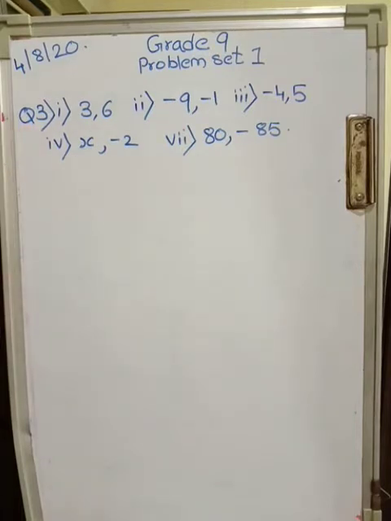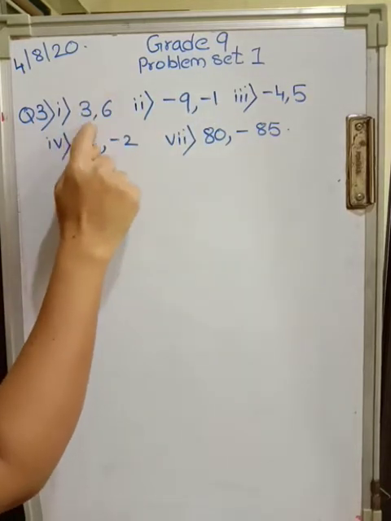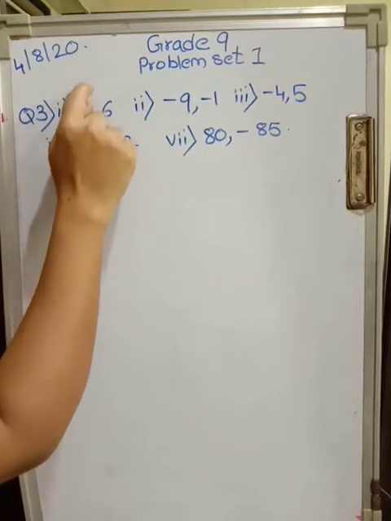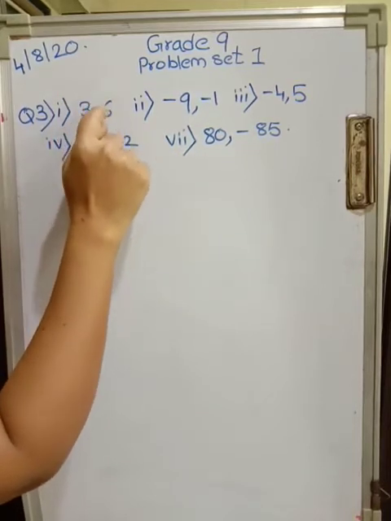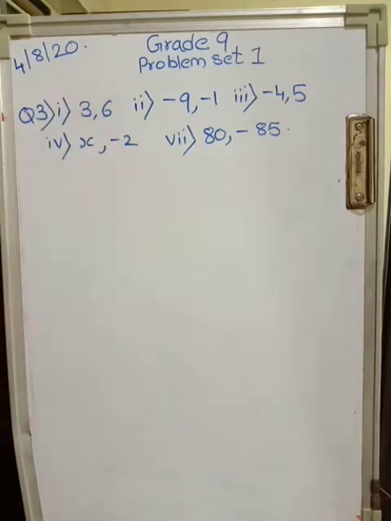Now it says that coordinates of some pair of points are given below. Hence find the distance between each pair. Can you see this is one pair? Okay. So these are the coordinates of respective points. That means one point's coordinate is 3, another point's coordinate is 6. And we are going to find the distance between those 2 points. Now how will we go about it? It's very easy. We have already seen how to find distance.